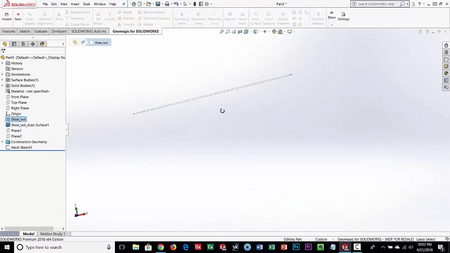Okay, so it's built what we call a mesh sketch, and you see here it shows up in the tree as a mesh sketch. So it's like a regular sketch in SolidWorks, but it's construction geometry. So it cuts it and just creates a polyline, and it turns it into construction geometry,